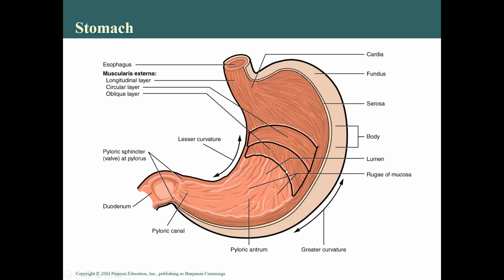The body is the whole central part. The pylorus is this narrowing. And then this is called the pyloric sphincter. It's the valve that allows some food mixed with digestive juices to enter the duodenum. At that point, it's called chyme, C-H-Y-M-E. It's no longer called food. So once it leaves the stomach and enters the duodenum, which is the first part,